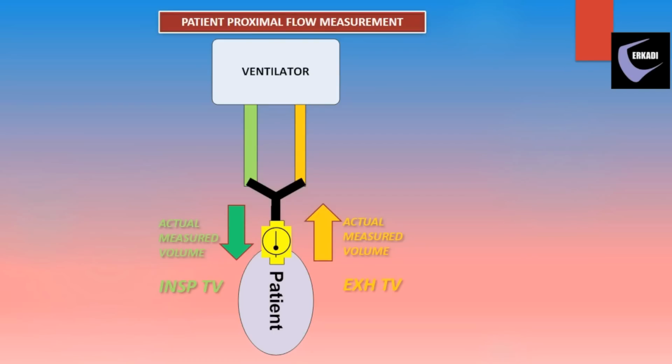The value of inspiratory tidal volume was now not measured far from the patient. It was only the compliance and resistance of the ET tube that would reduce the volume and flow going to the patient. The exhale tidal volume would be similarly representing the volume that has exited the ET tube fairly close to what the patient would have actually exhaled. Placing the flow sensor in a patient proximal position has afforded some advantages.